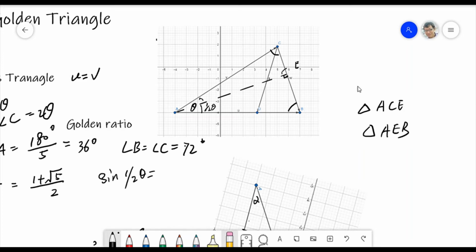WB divided by U, right? This is the opposite side, and this is the hypotenuse, right? So WB, since they are